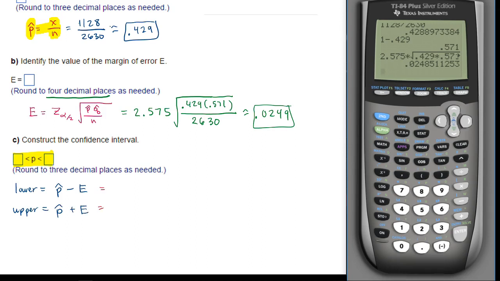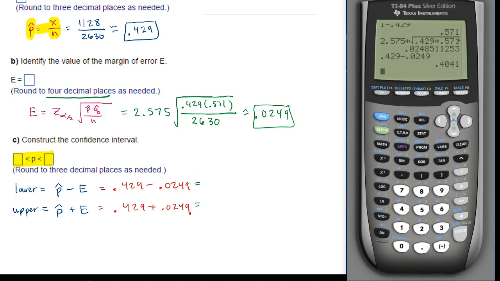So in this problem, we have 0.429 minus 0.0249, and then 0.429 plus 0.0249. Okay, so work that out on the calculator. So we're going to get that's the lower limit, and then copy and paste that and just change this to a plus sign, evaluate, and that's the upper limit. So the lower limit is 0.404. Again, we're going to round to 3 decimal places, so that's why we get that. And then the upper limit is